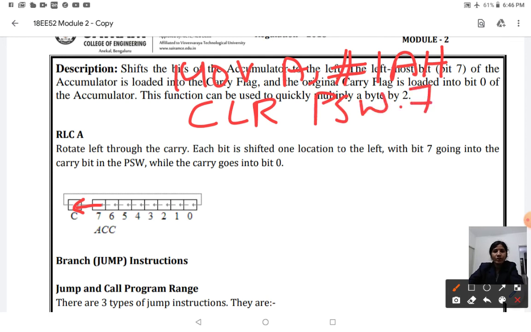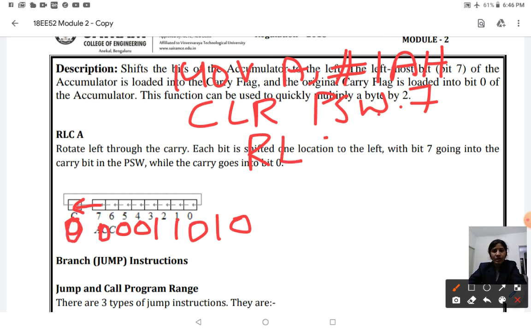It means that you are going to clear the 7th bit in PSW, so your carry flag is going to be 0. The content of the accumulator is going to be 1AH. So 1 means 0001, A means 1010. After this CLR PSW.7 instruction, your carry bit is going to be 0.